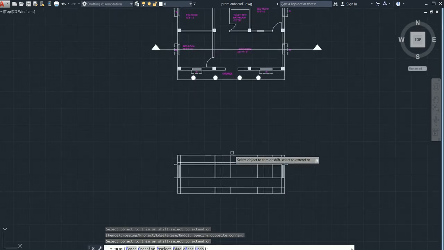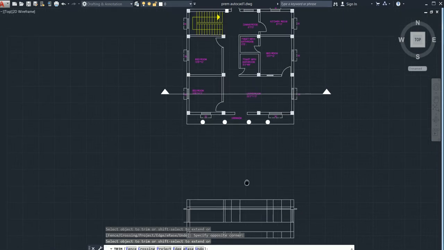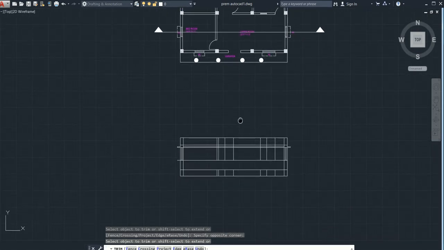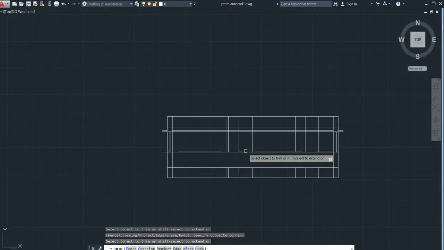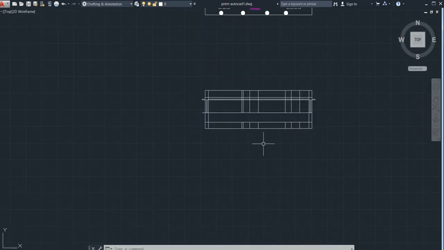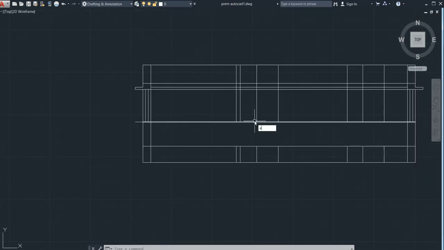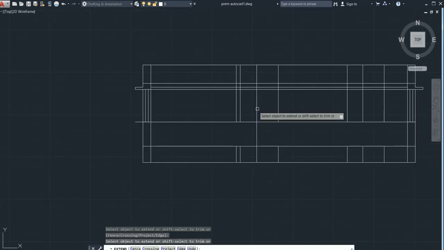Here I have drawn, here. So we need to go for extend, double enter, do this also, go for the trim command, trim it.